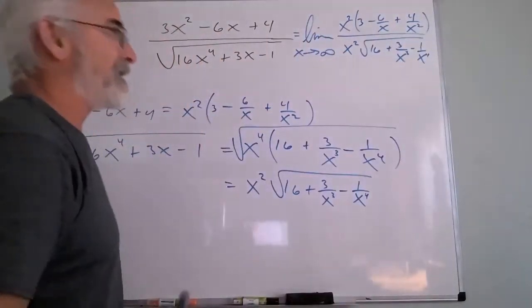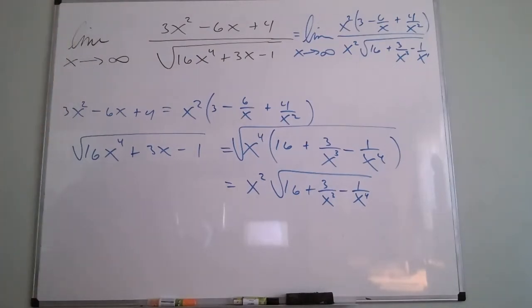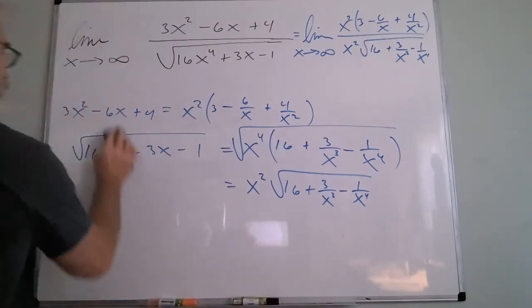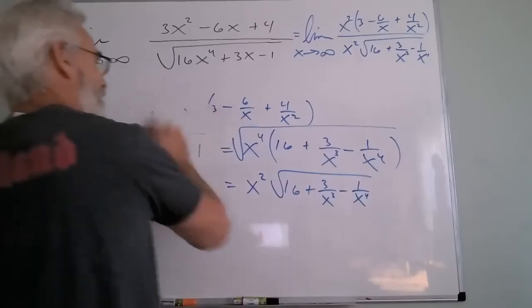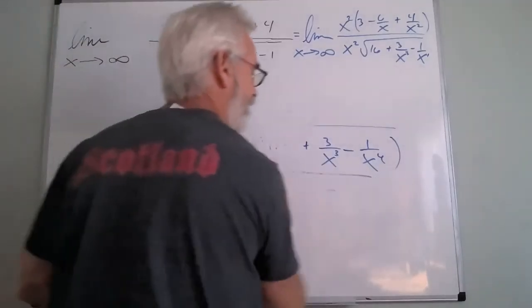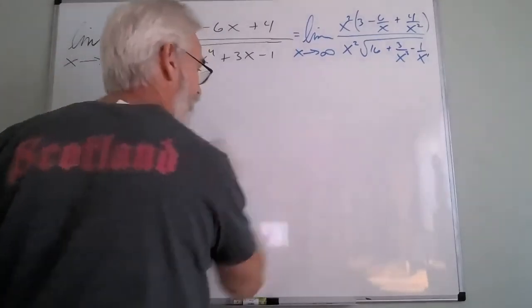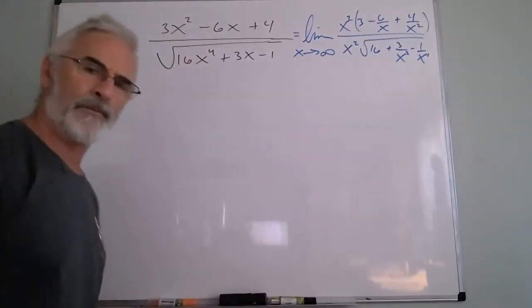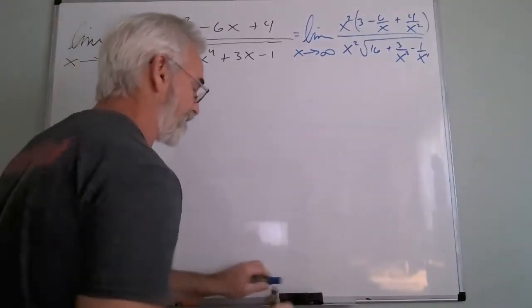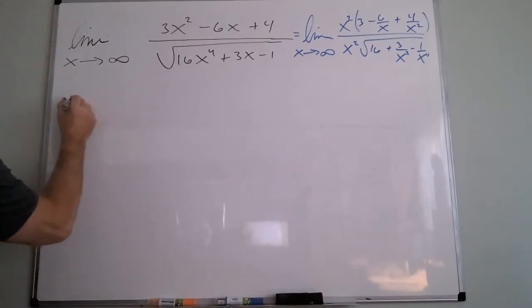Okay. Haven't done anything really incredible. I just said, let's factor the top and the bottom, and we did. And hopefully you recognize I have a common factor. Can I cancel the x squared? Of course I can cancel the x squared. You can always cancel. The only time that might be an issue is if x could be 0. x is growing without bound, so I definitely can cancel those bad boys. All right, so this is now equal to